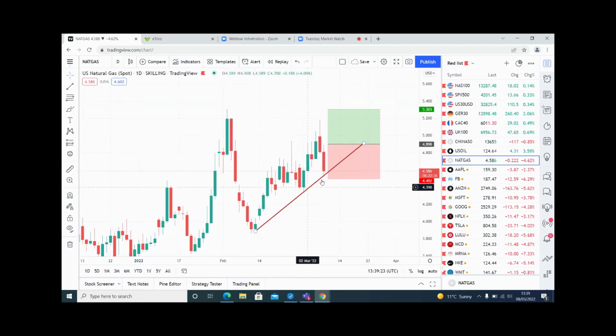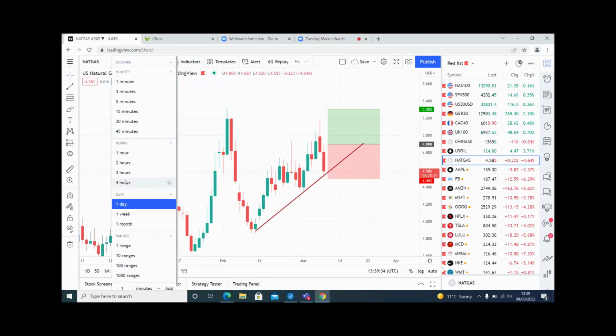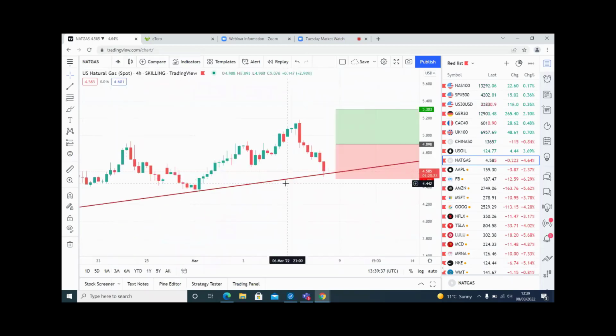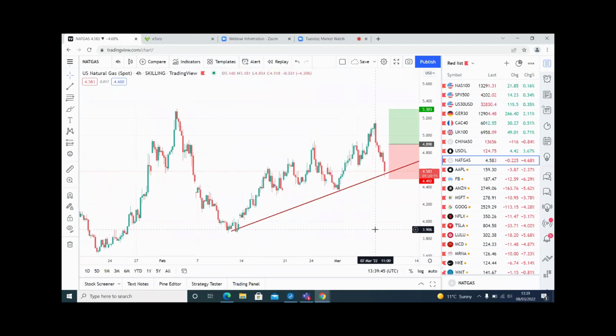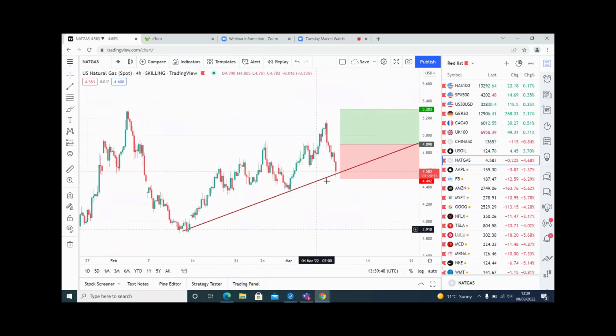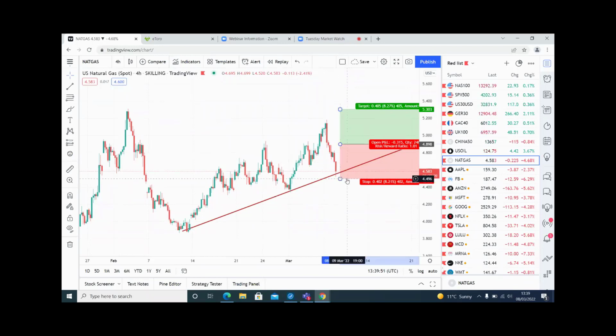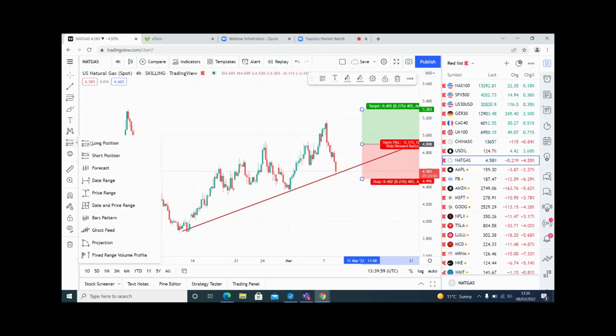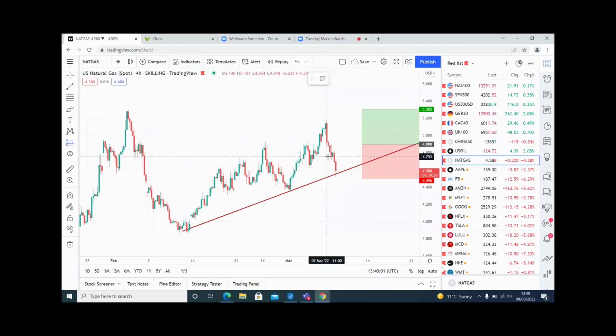So is this the perfect trade? No, it's not. But is there a potential trade here? Absolutely, if we get price action on the smaller time frame. So if I drop down here to the 4-hour and see that bar, if that bar finishes like that, could I then take a new trade? So instead of taking this as a daily trade, could I take a new long position using this bar here?